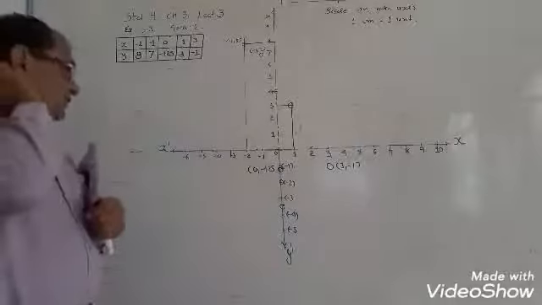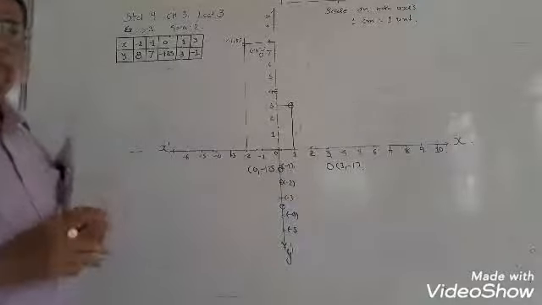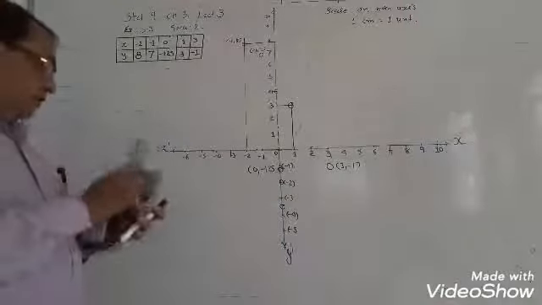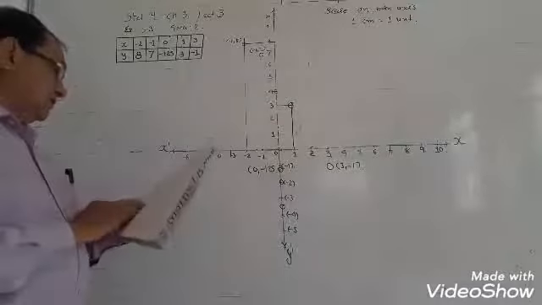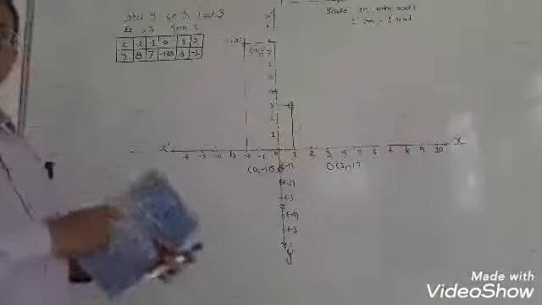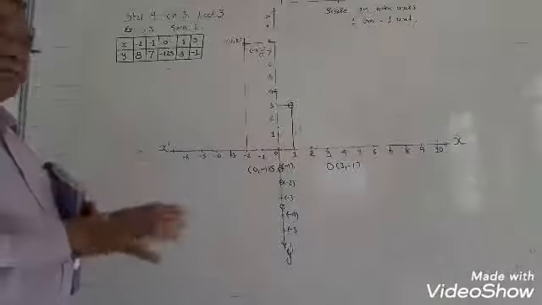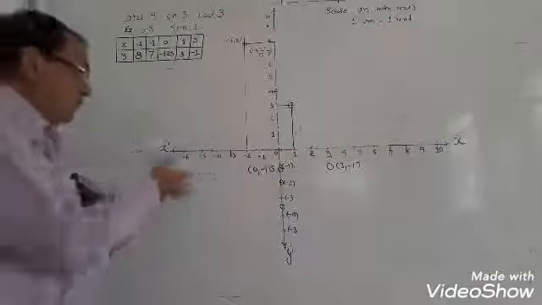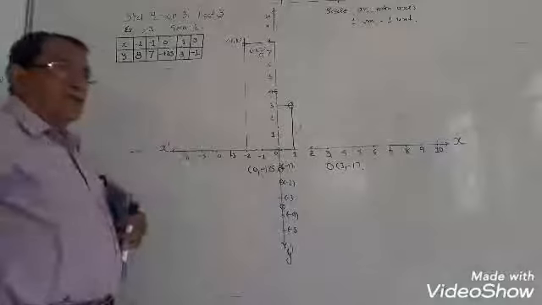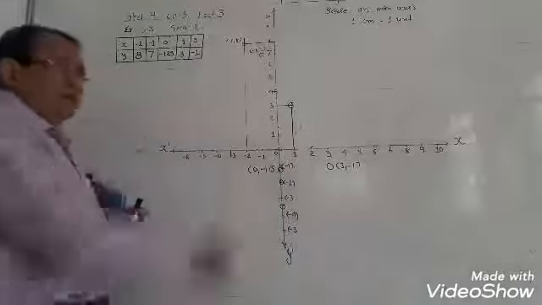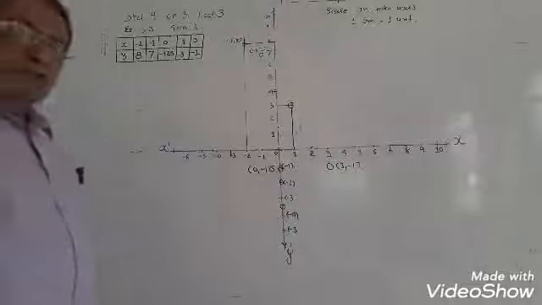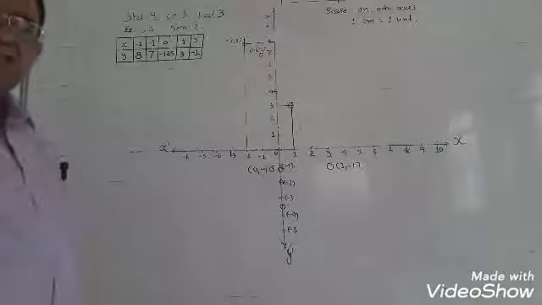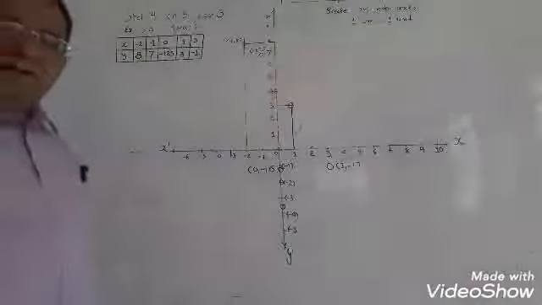Next time we will start the chapter. Tomorrow I will start chapter number 4, linear equations in 2 variables. That is totally based on this. It depends more on this first part. Okay, so we will go into details of how to draw the graph. And in homework, do this exercise which I sent in the PDF file.